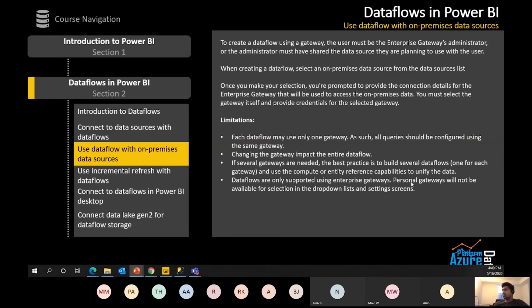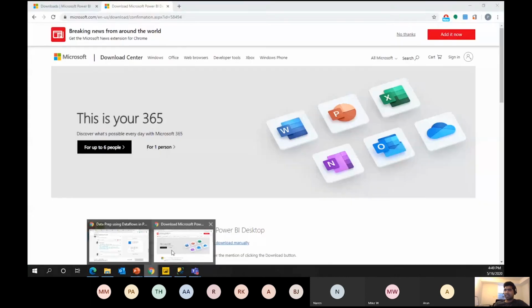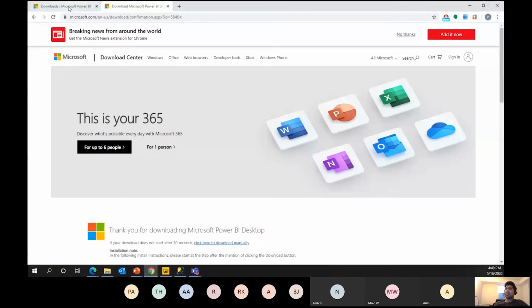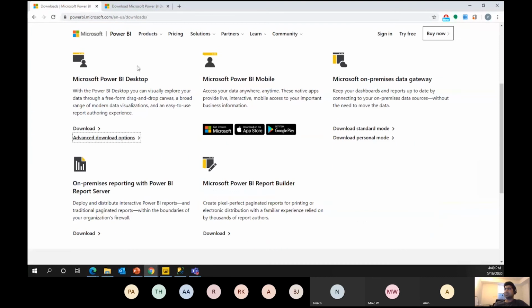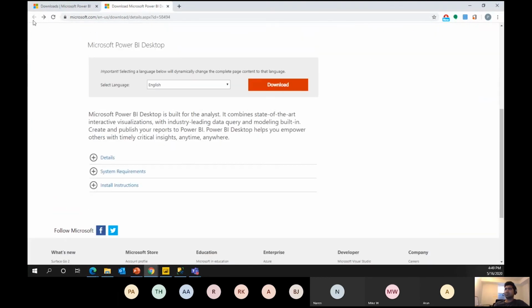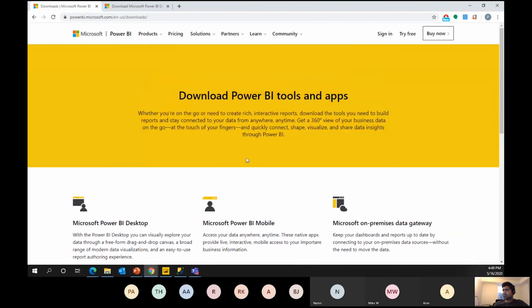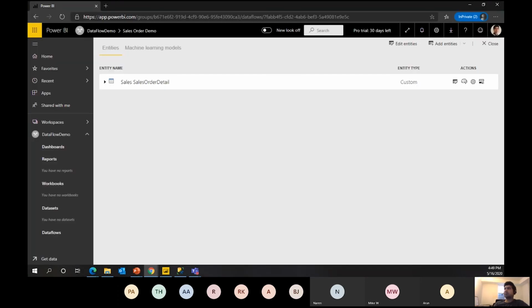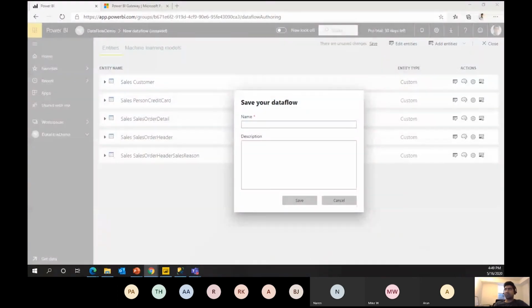Data flows are only supported using enterprise gateways. Personal gateways will not be available for selection in the drop-down list and settings screens. So that's why I said when we went to this link, I think I closed that one.